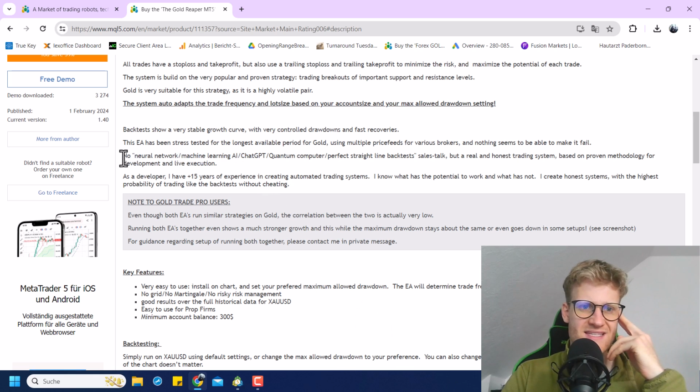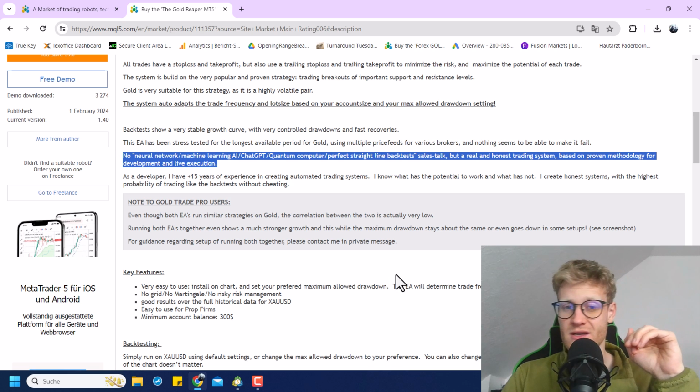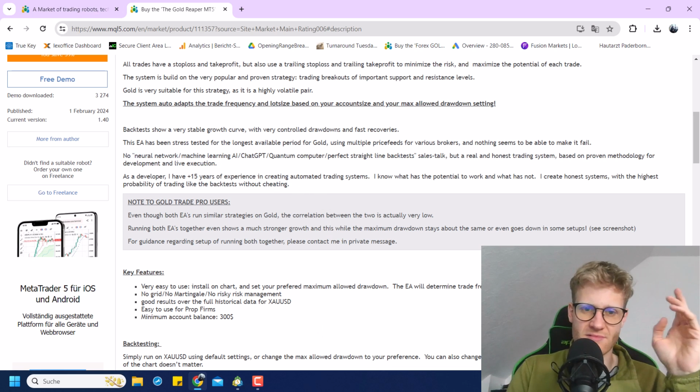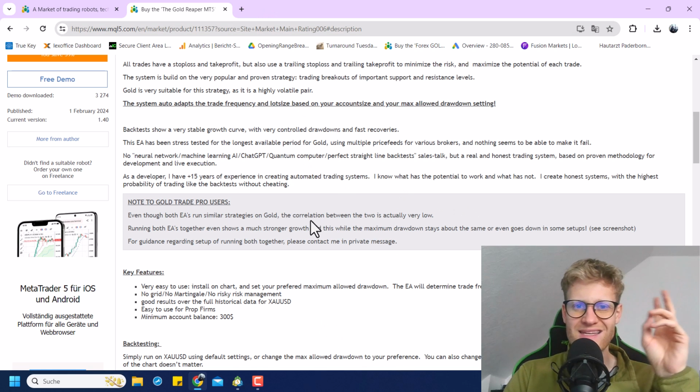We will see this in the tester. Then what I really like is that there is no machine learning, AI, whatever stuff, which a lot of people only use for marketing purposes. So I really like that he's kind of down to earth with his approach. He says that this is a strategy he developed over several years, and it's a program where he tries to really have a fundamental or realistic trading approach without cheating,